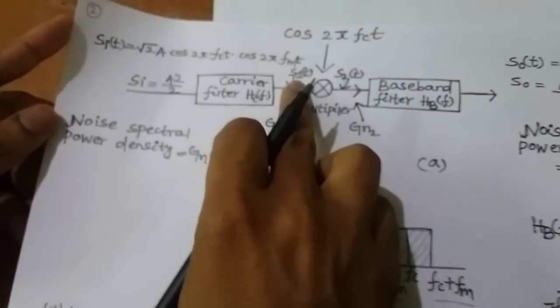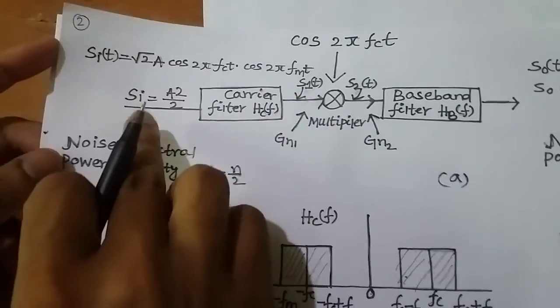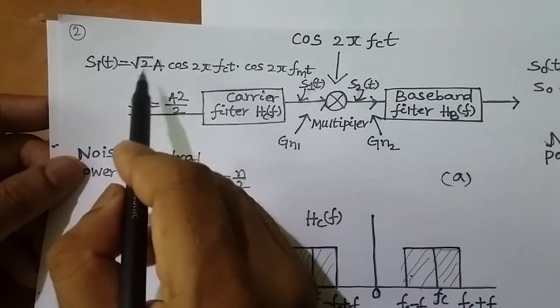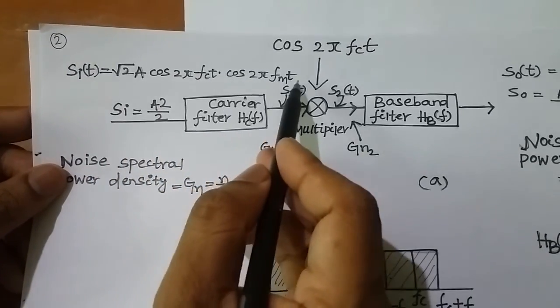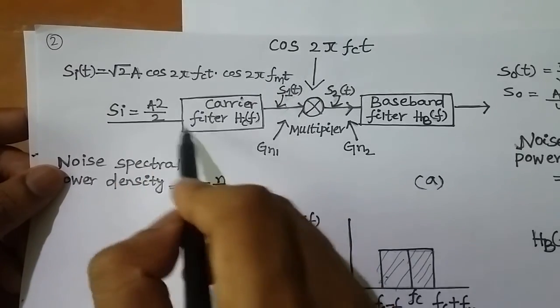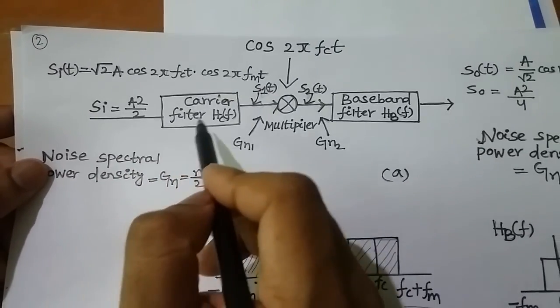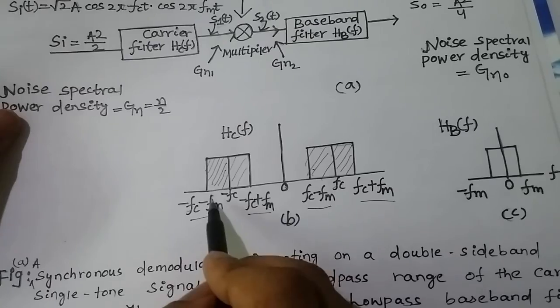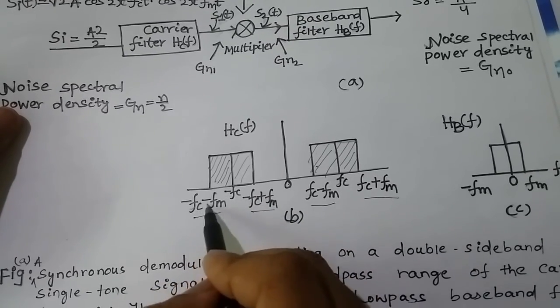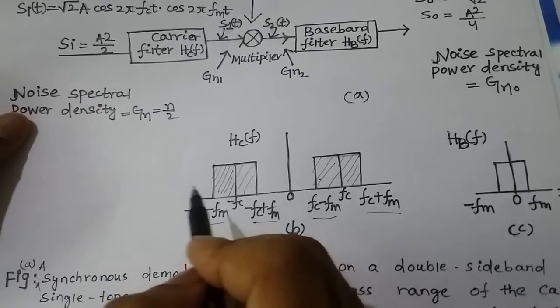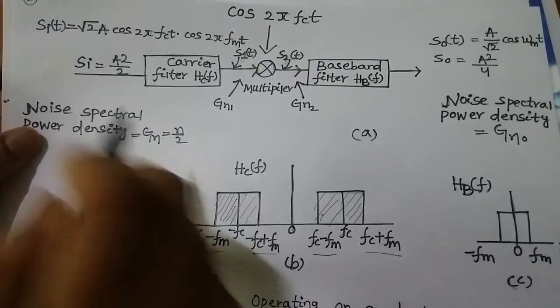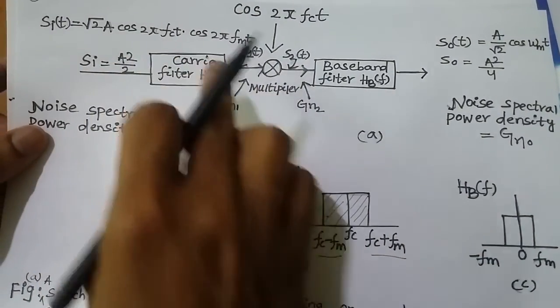Now you can see this is the output we have got, S1 of t. This is the input power we have taken: Si of t equal to root 2a cos 2 pi fct into cos 2 pi fmt. Now this input is given to the carrier filter, and the carrier filter has a bandwidth of 2 fm, that is minus fc minus fm to minus fc plus fm,